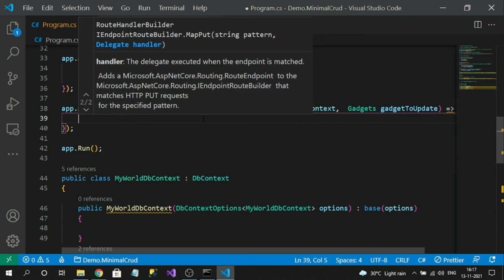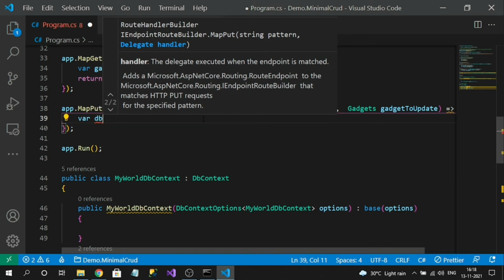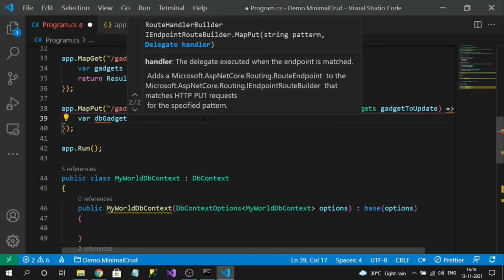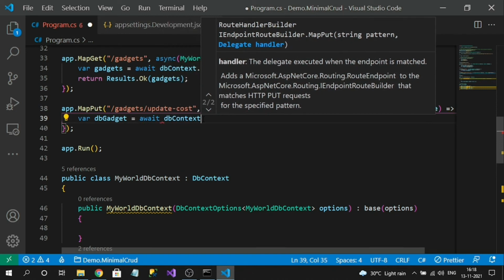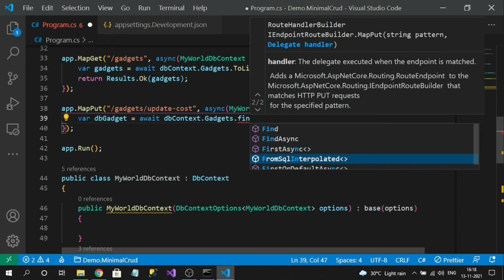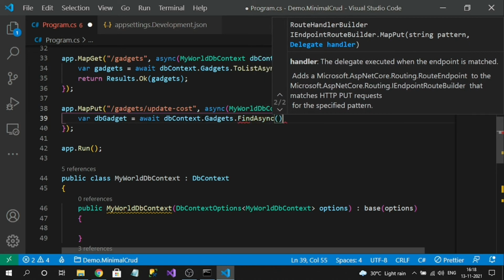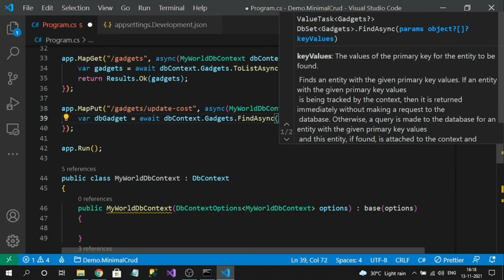So first, let's check whether the record we are trying to update exists in our DB or not. To do that, DB gadgets, let's fetch the gadget, find async, and I can pass my record ID.